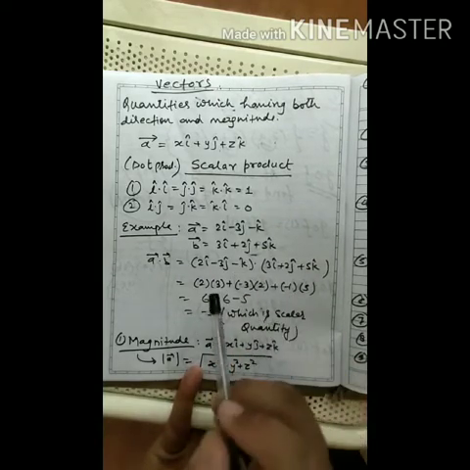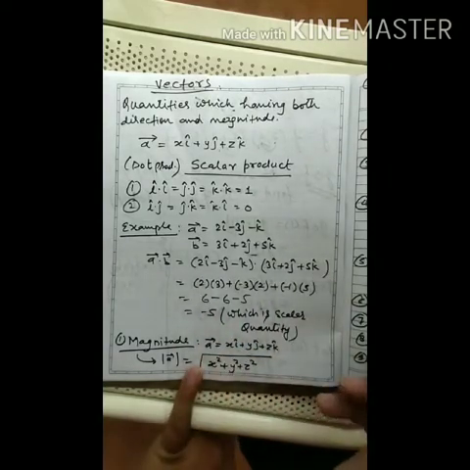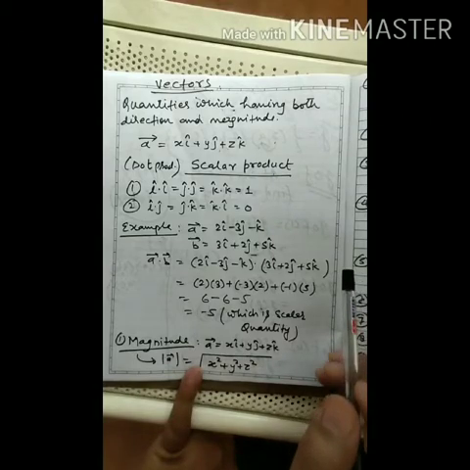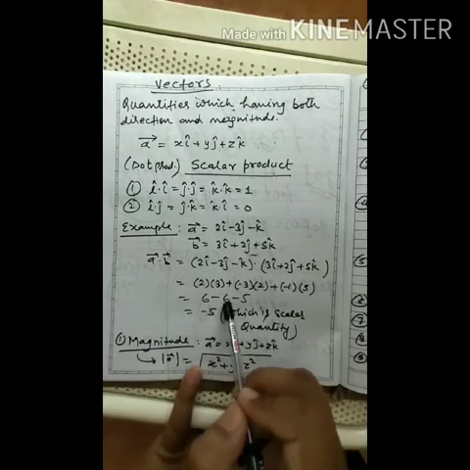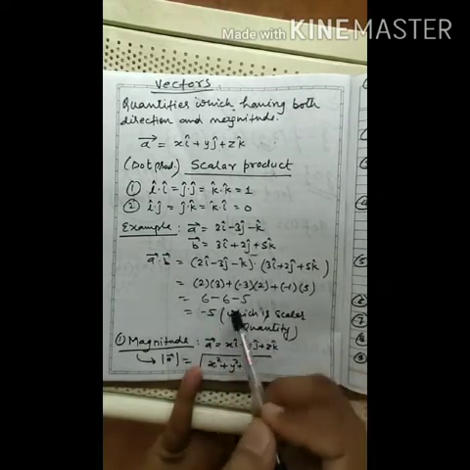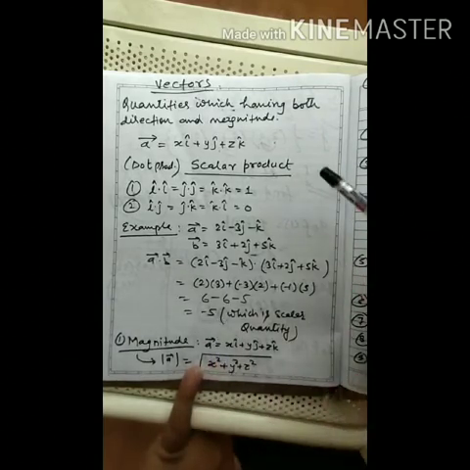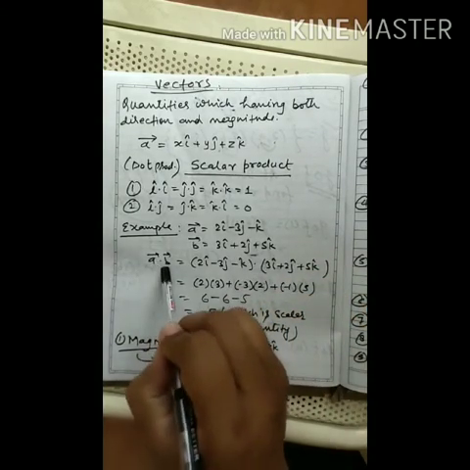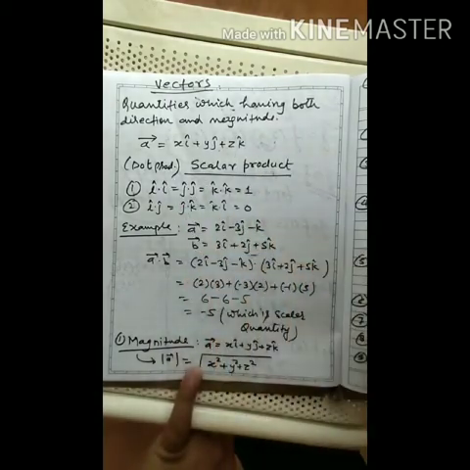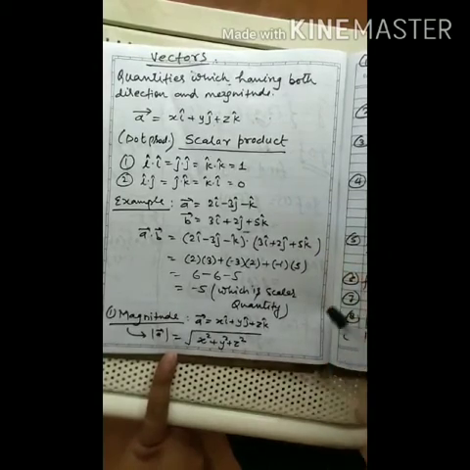Okay, and if you multiply I with j or I with k, the result will be 0. So I have not written that one. So 2 threes are 6, minus 6 minus 5, 6 will cancel out, and minus 5 is the scalar product. This is a scalar quantity, that's why this product is known as a scalar product. Okay, and it is represented by dot between two vectors, that's why it is also called dot product. Okay, now some more formulas.